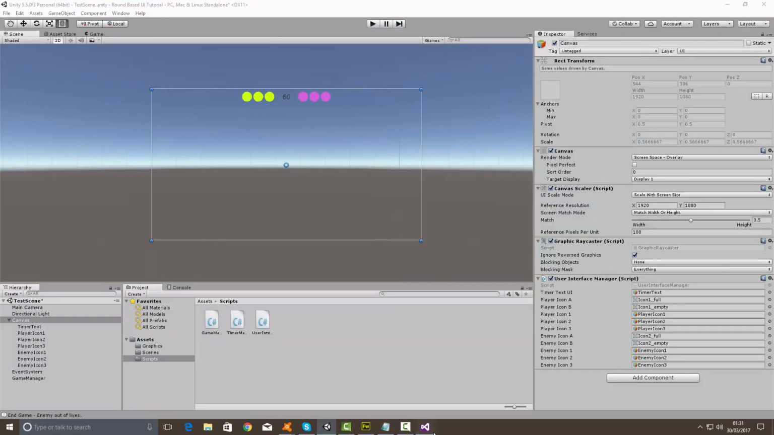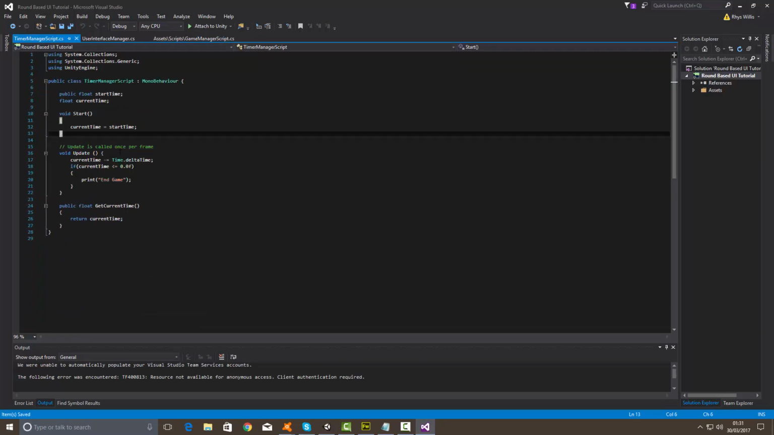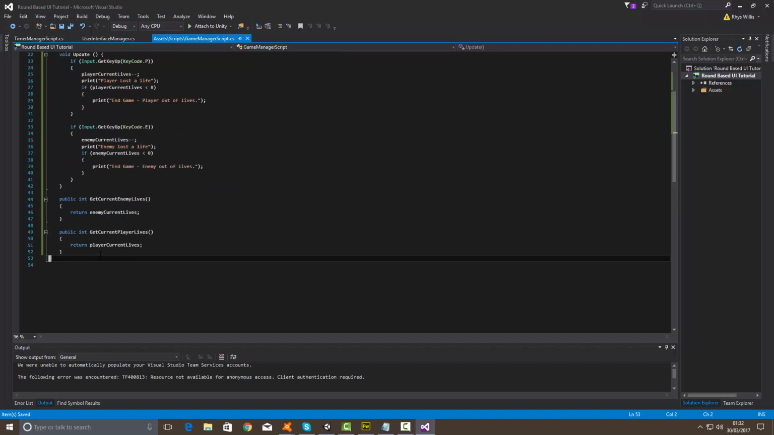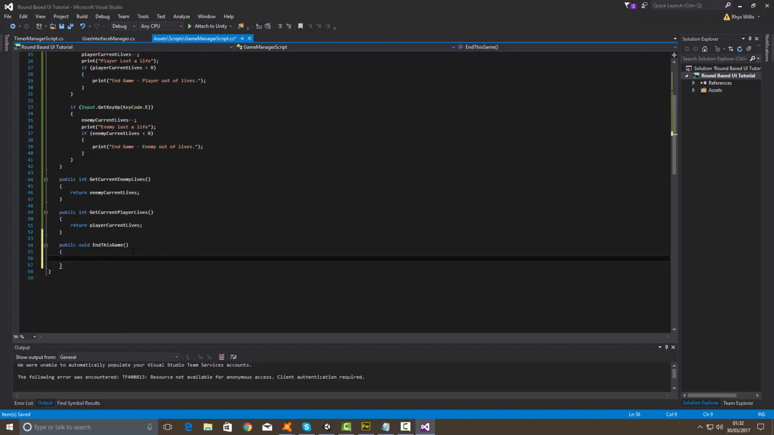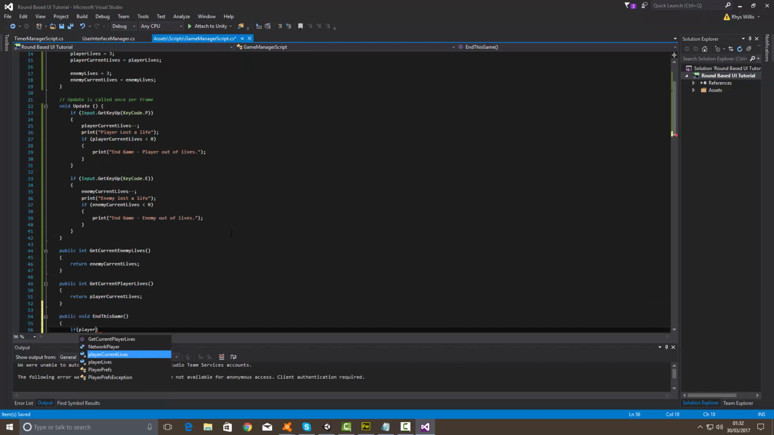And then in a sense, what you could do is that when the time ends, you've got the timer here. In theory, you could potentially move this code too into the game manager. In fact, it might even be worth doing that. But then when the game ends, you can have a function like public void end this game, and then you can do a check, something like if player current lives, get player current lives is greater than get current enemy lives,